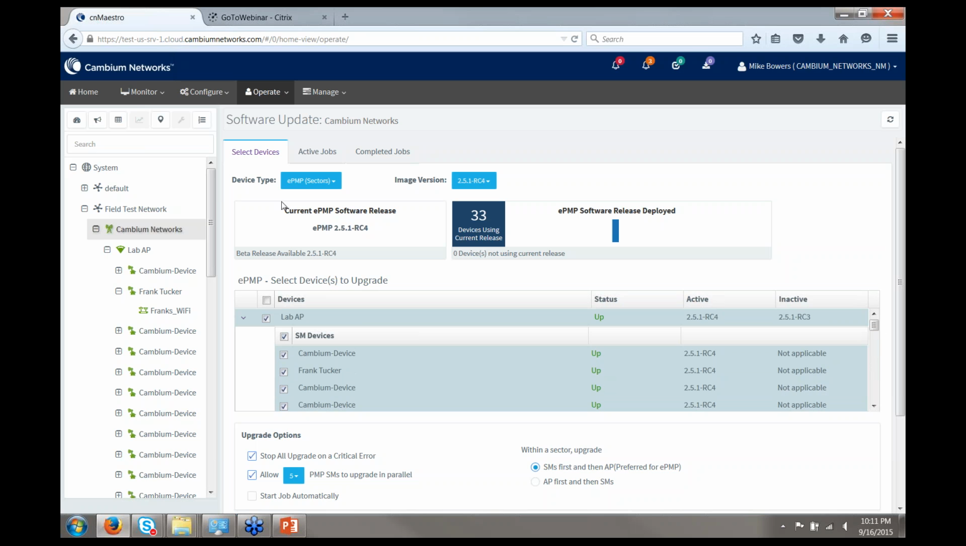I kind of skipped over the fact that when you choose the product type that you want to update, there's this nice little widget that shows you what is Cambium's latest software version for that product type, and if there's a beta release that's available. And then on the right, there's a little histogram that shows you right now all of our devices happen to be running one version,